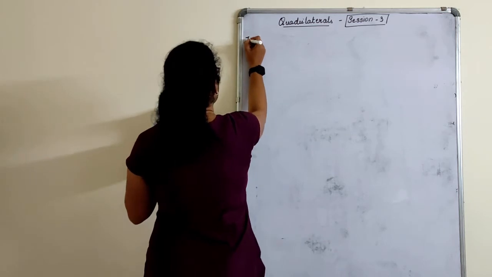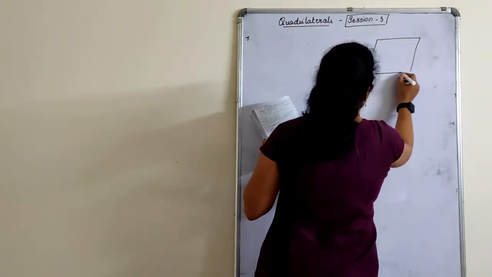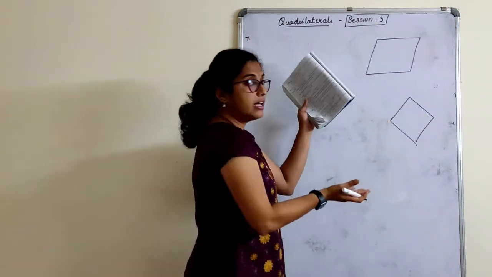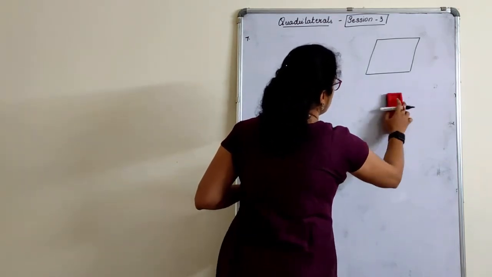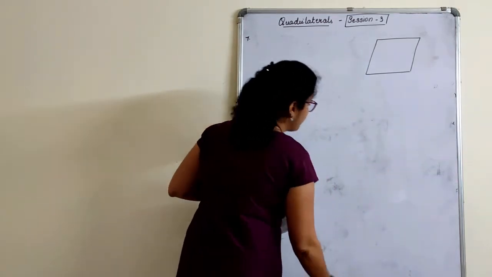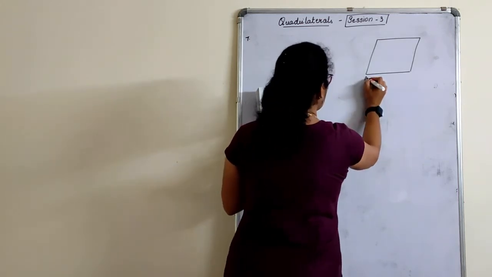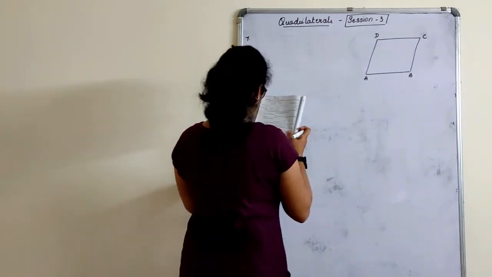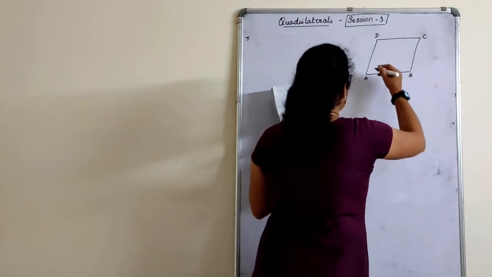Seventh one, ABCD is a rhombus. A rhombus need not always be drawn like this, children. It can also be turned another way and drawn like this, right? So don't keep in your mind that a rhombus is always in that form. So I'll consider here now, ABCD is a rhombus. So diagonal AC bisects angle A as well as angle C.